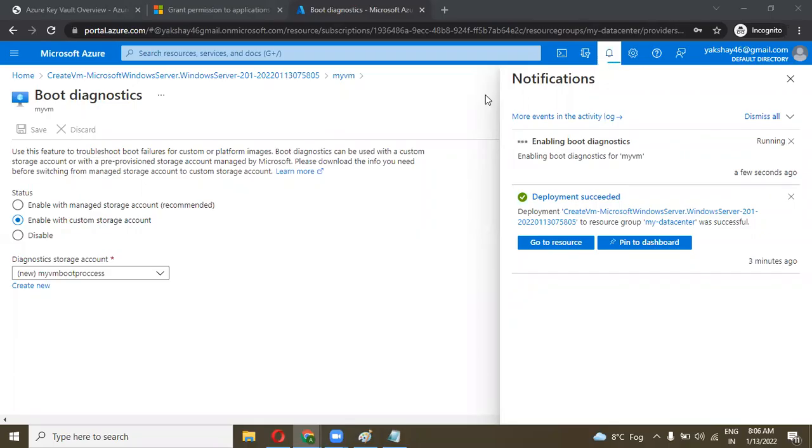Akshay, what is the difference between boot diagnostics and serial console logs? Boot diagnostic is a feature to provide troubleshooting. It is used for troubleshooting purposes. It gives us the output in a text-based format. It gives us permission from the machine to create logs and show them in the serial console panel.